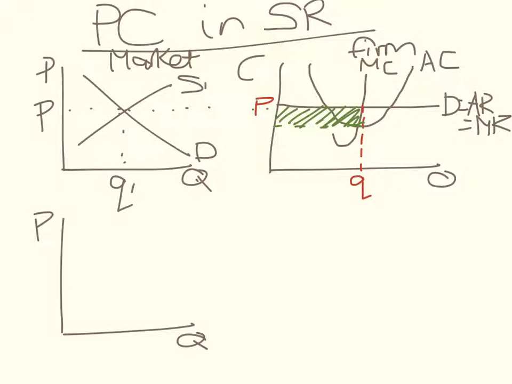So lots of firms will be attracted to the market, and we will see supply move outwards. Let's have a look. So we'll see downwards pressure on price, upwards pressure on the equilibrium quantity in the market,